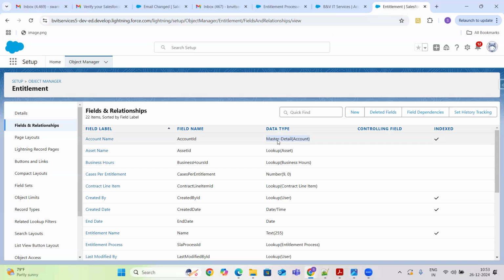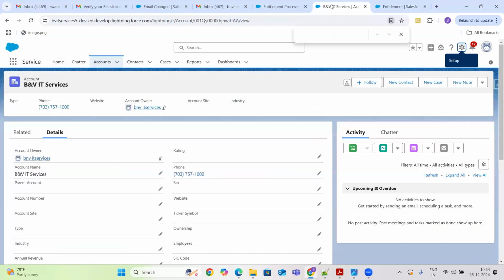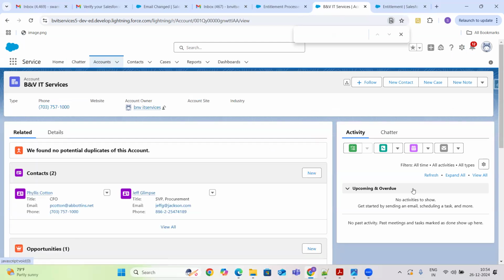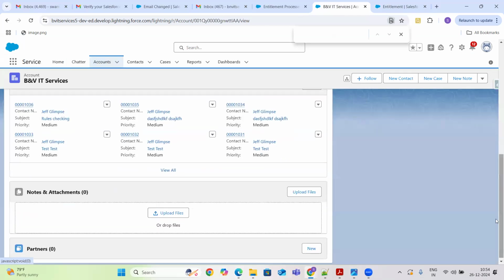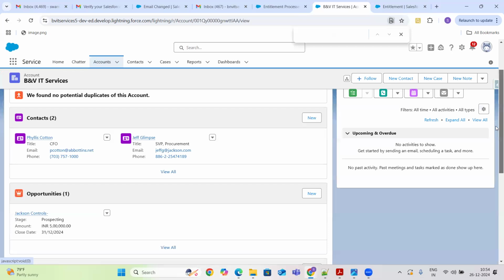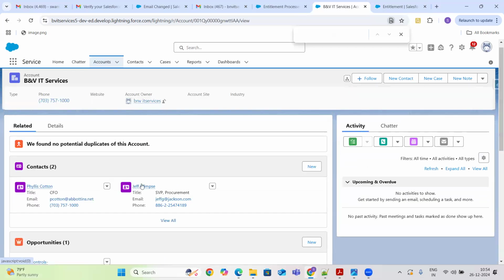So what is the use of parent child relationships? With a lookup relationship, from the account record, under the related objects, you will find contacts as one of the child objects, and opportunities as one of the child objects to the account. These are different tables, connected through the relation. So the same way, entitlements is also a related object, but it's not pulled under the page layout.